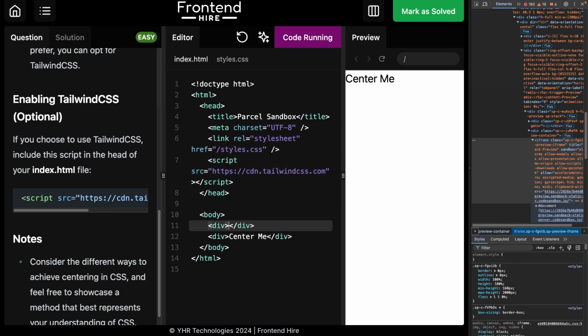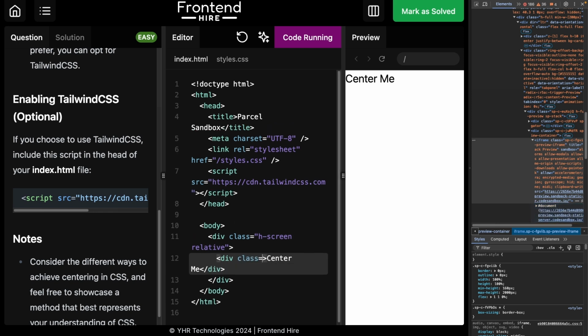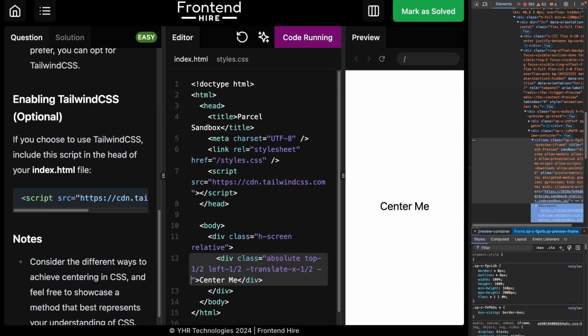Again, since we're doing absolute positioning, we still have to have a parent div. And this time to get 100 VH, I'm going to use h-screen. And I'm going to give a relative positioning again. And again, absolute. In Tailwind, it's just absolute. Top 1/2 to get the top 50% and the left 1/2 to get left 50%. And to get translate, you don't have transform. You have to call those individual classes. And it's going to be translate x 1/2 and minus translate